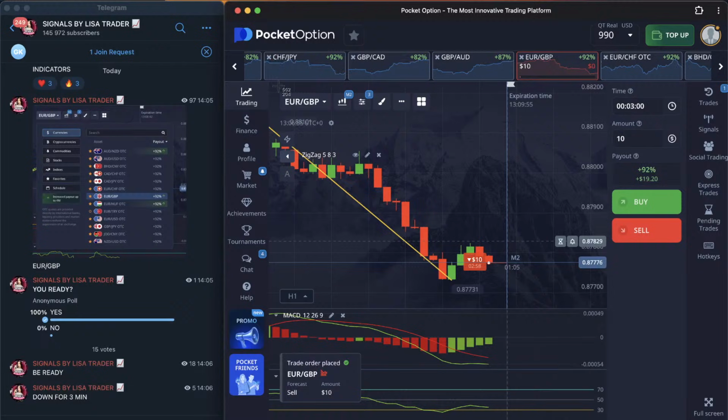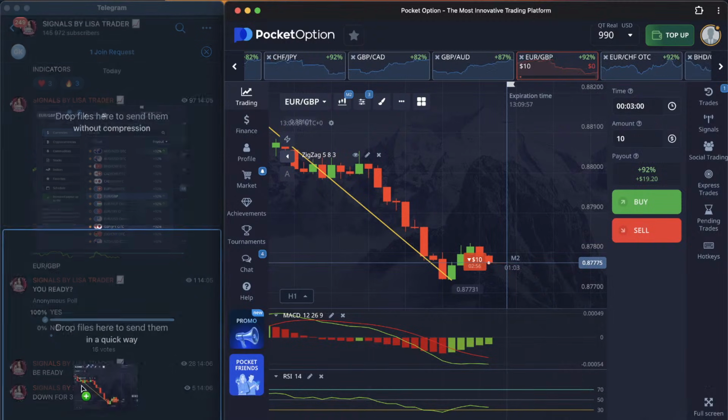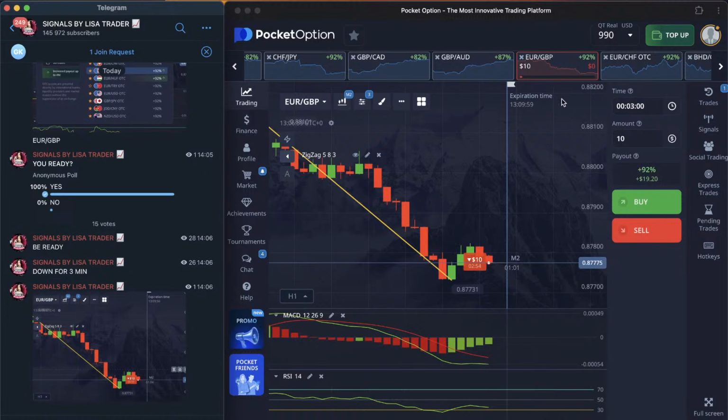Okay, we open a trade. I'm going to send you the screenshot. As you can see, first I send a signal and after that I open a trade, so we have a difference of about 2 seconds between my signal and me opening a trade. That's how we open a trade with you at the same exact time, because you do the same. You open a trade, you see the signal, and only after you open a trade, so you have 1-2 seconds between that. So that's why I do the same, because